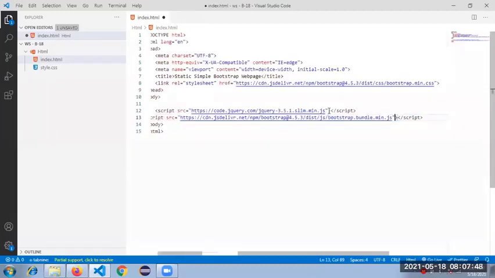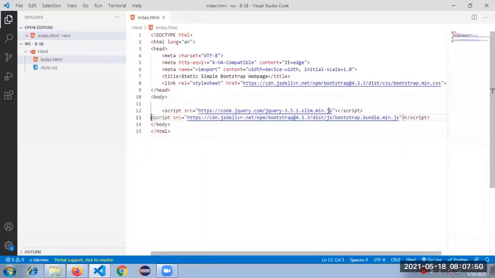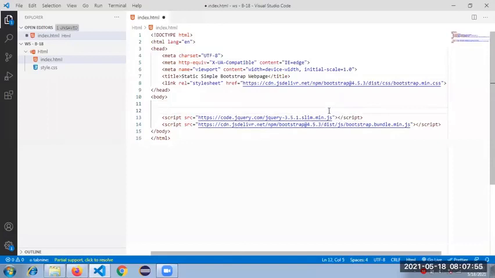We are good with the Bootstrap libraries, CSS libraries and JS libraries, for the version compatibility of 4.5 has been included.